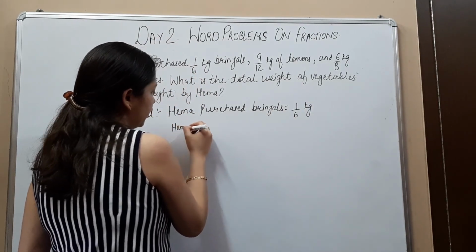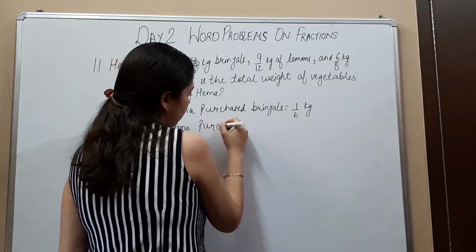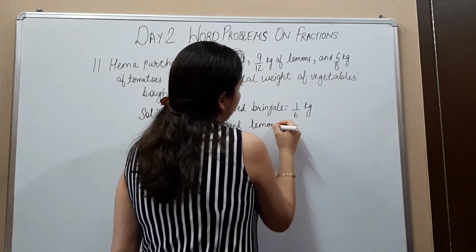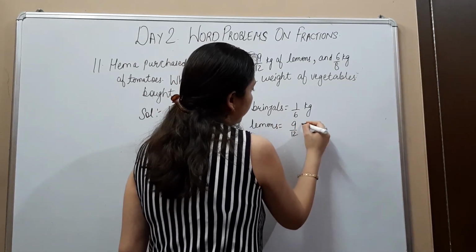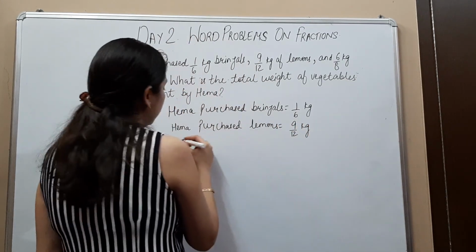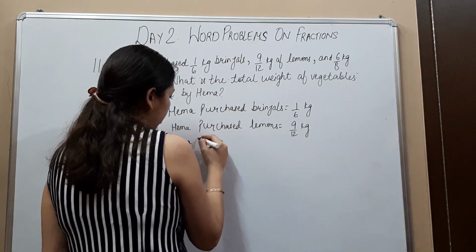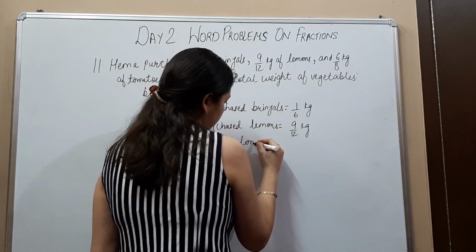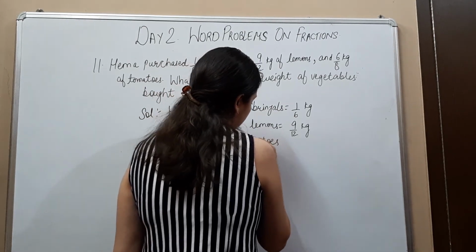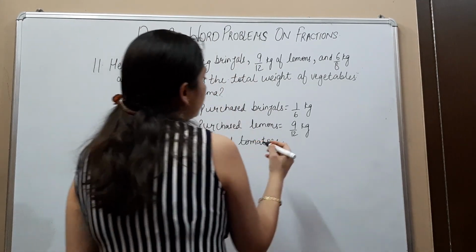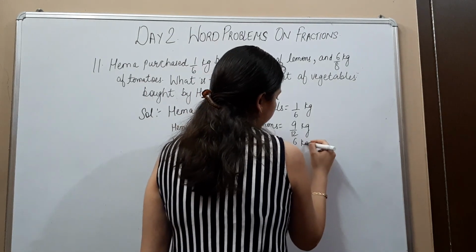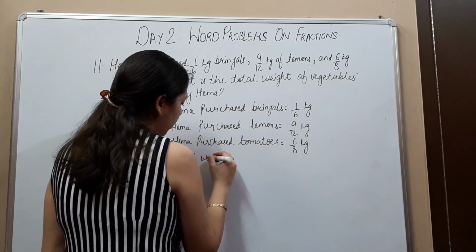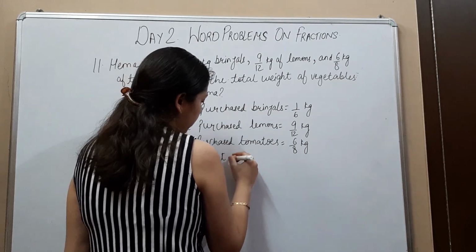Hema purchased lemons equal to 9 by 12 kg, and Hema purchased tomatoes equal to 6 by 8 kg. So total weight she bought